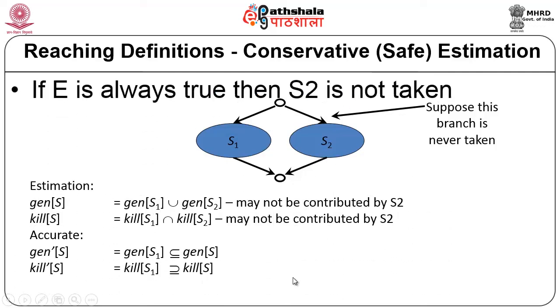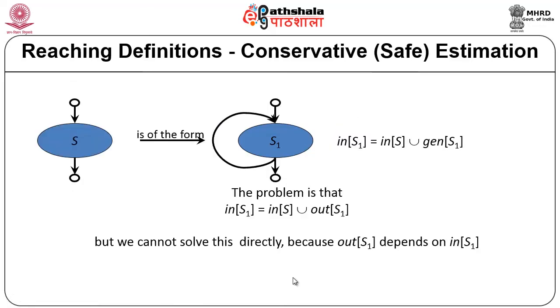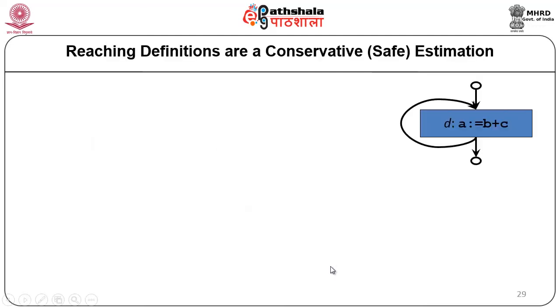So, if the expression is true, then this path may not be taken at all. In that case we are being conservative in that particular computation. Similarly, here in of S1 is nothing but in of S union out of S1. We can use gen also, but to start with assume that out is not available, but out of S1 depends again upon in of S1. So, out of S1 is difficult to compute. So, we start with the assumption that gen of S1 is going to be the availability. Now, this is overcome by having multiple iterations and ensuring that the values between subsequent iterations do not change, that will be the actual value of your computation.